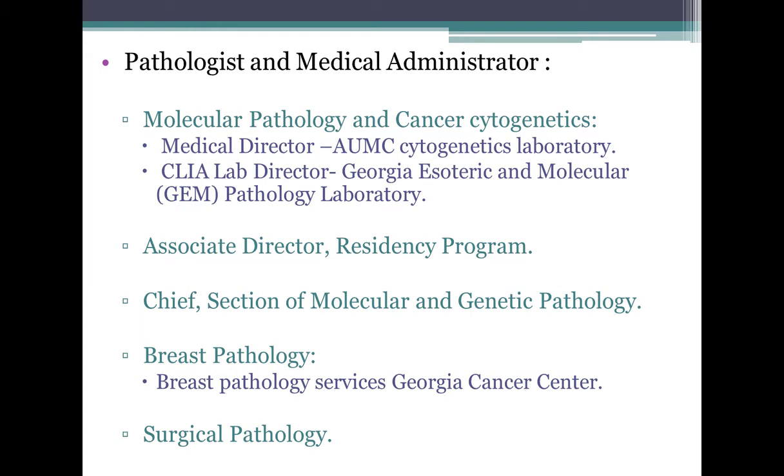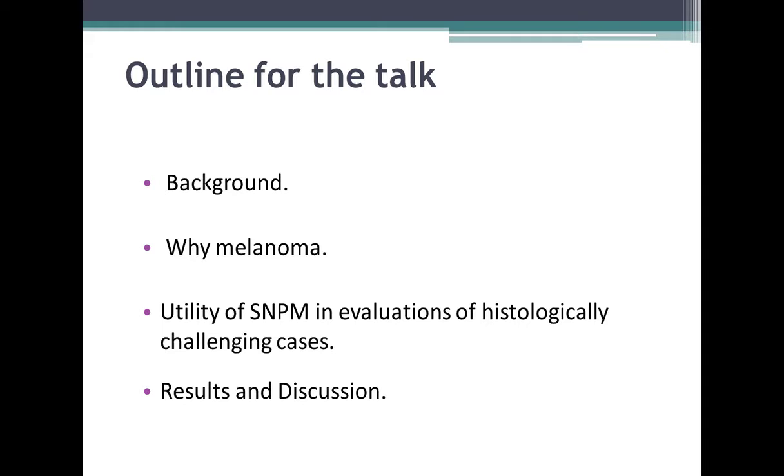As I mentioned earlier, I'm a molecular pathologist and I practice cancer cytogenetics along with that in the capacity as a medical director and the CLIA lab director. But I also practice breast and surgical pathology, and that plays a critical role in using these new technologies in evaluation of surgical pathology cases. This is my outline. I'll go briefly over the assay and SNP array as a whole, but I think Joanna did a phenomenal job in introduction to OncoScan. I want to focus on why we ended up choosing melanoma as a poster child for its utility, and I'll add some other histologically challenging cases